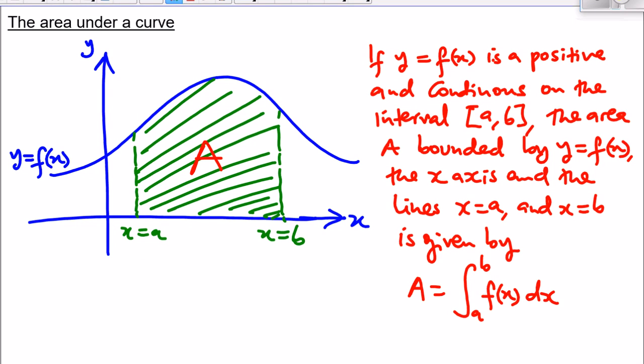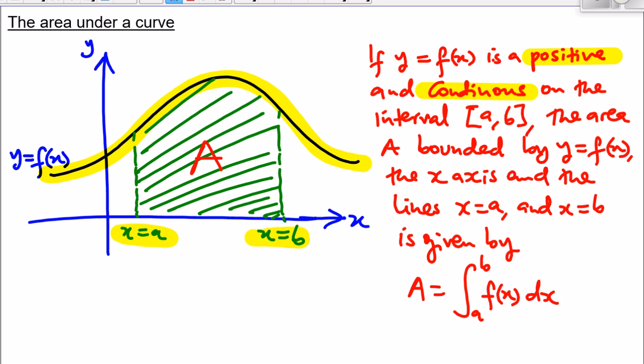In this video, I'm going to discuss the area under the curve. Now, if y is equal to f of x is a positive and continuous function, what I mean here is that this function is positive and continuous on the interval [a, b], so from x is equal to a to x is equal to b, the area bounded by y is equal to f of x. So this area here